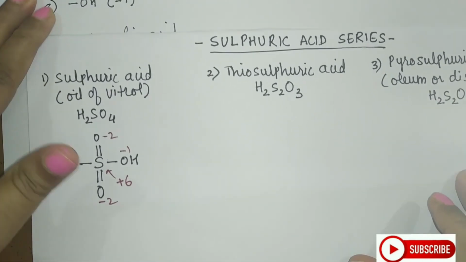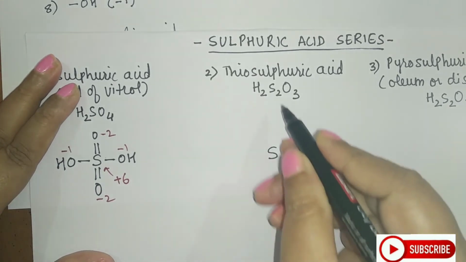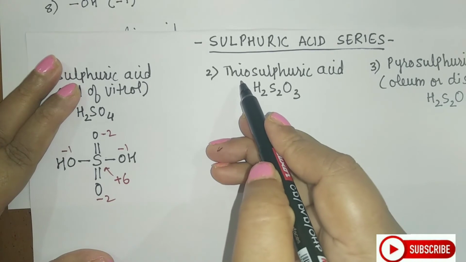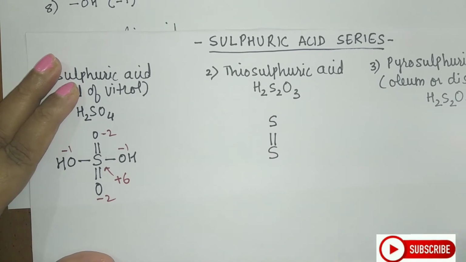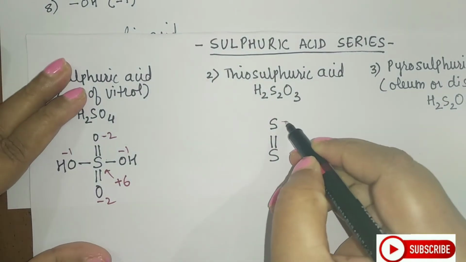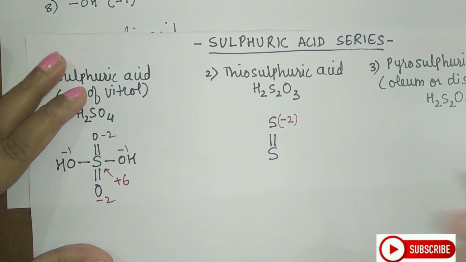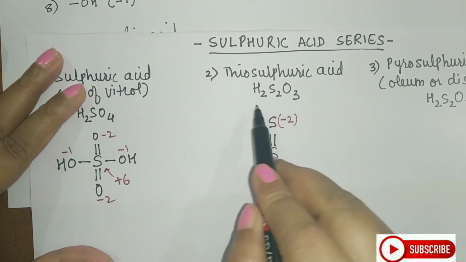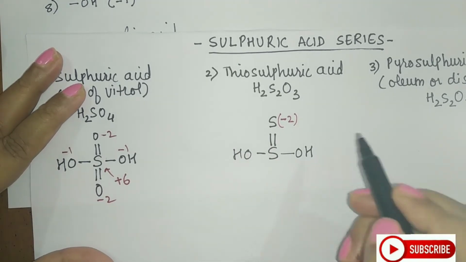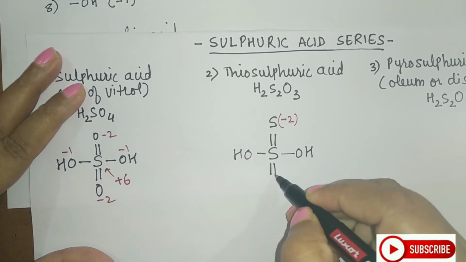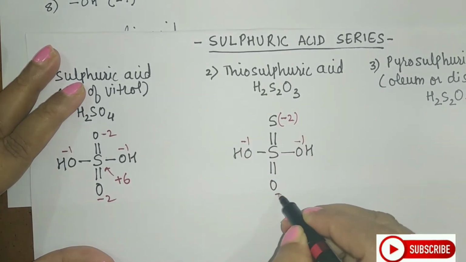Come to the next one, that is thiosulfuric acid. So write the central atom here, sulfur. There are 2 sulfur atoms here. So the word which is here is thio. So the skeleton I will form is S double bond S, and immediately I will assign a -2 oxidation state to this. Now students, I have used both the sulfur atoms, form maximum number of OH groups here. So I can have 2 OH groups in this way. I have used 2 oxygen, 1 oxygen left, so write that oxygen in this way. Now let us assign the oxidation numbers -1, -1 and -2.